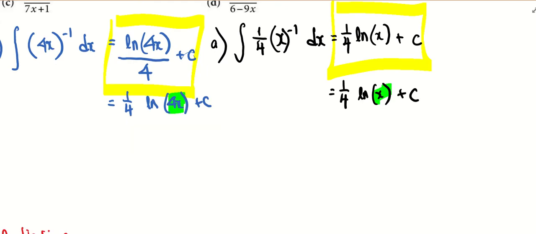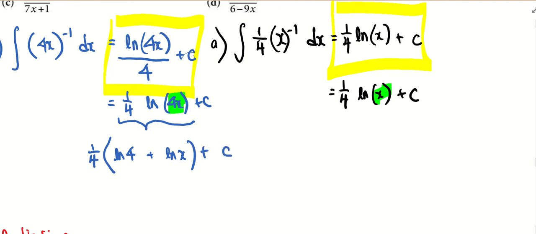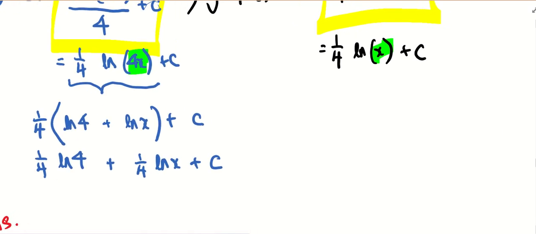Okay, take note. If you recall in your laws of logarithm, ln 4x can be written as ln 4 plus ln x. Am I right? Okay. 1/4 plus c. Likewise, this means 1/4 ln 4 plus 1/4 ln x plus c. This can be expanded to this form. What you notice now is, teacher, this one and this one look the same. Am I right? But